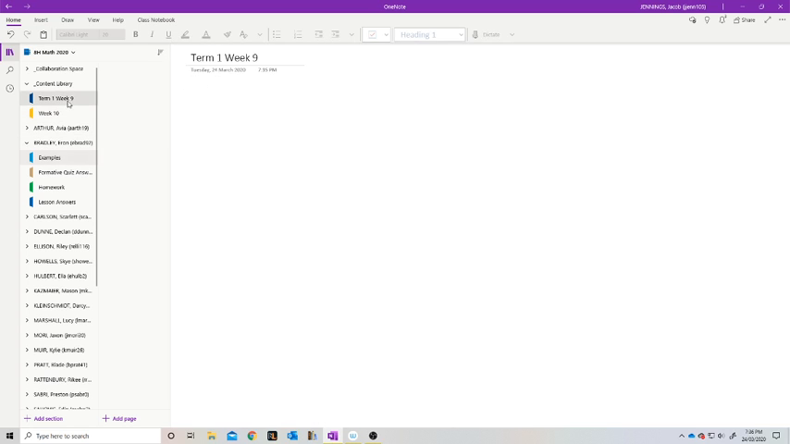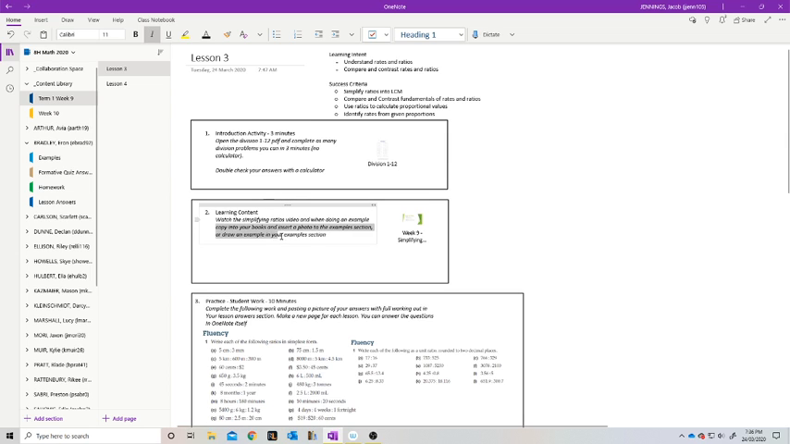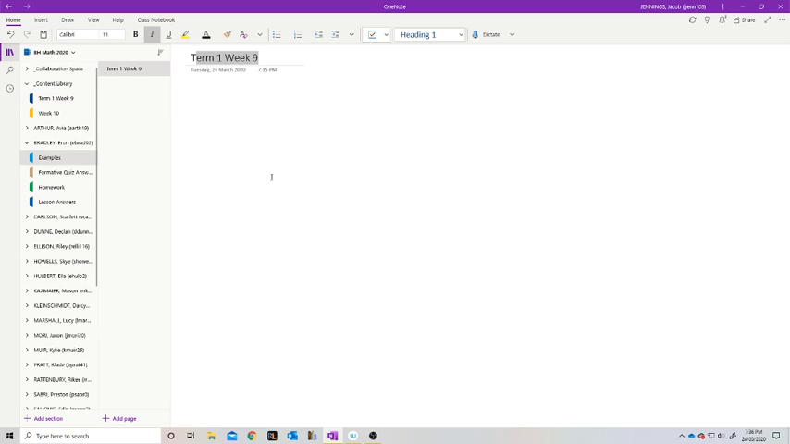examples. So if we flick back to the content library, it says copy into your books and insert a photo to the examples section. Okay, and this is where it's really important to read the instructions. So in your example sections, you're going to write down any examples that might be in that video. So let's say example 1 is